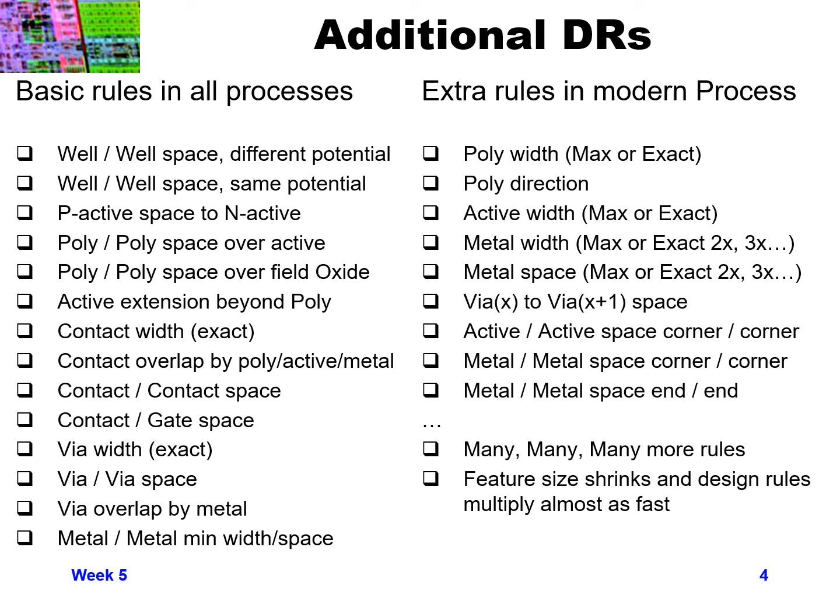P-active spacing to N-active. Poly to poly spacing over active might be different than poly to poly spacing over field oxide regions. Your active extension beyond the poly: the poly has to extend beyond the active as it's crossing the active, but then the active, you can't have it stub out, it needs to extend beyond the poly as well. So